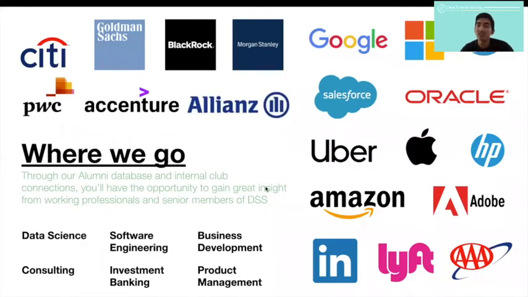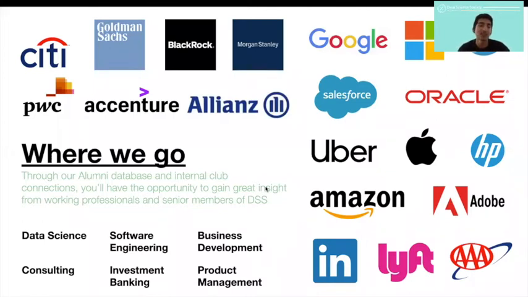So these are just a few of the places that our alumni have gone to work for full-time. We get into a variety of different companies, right? All really great companies. Most of them are really innovating in some space having to do with data, whether that's data science specifically or even consulting.